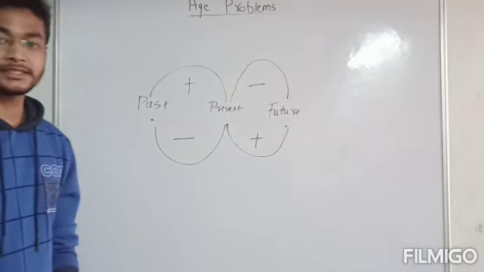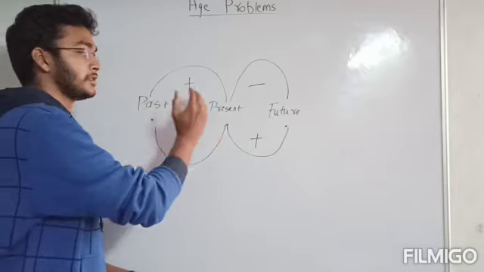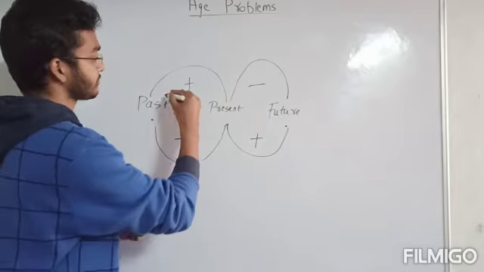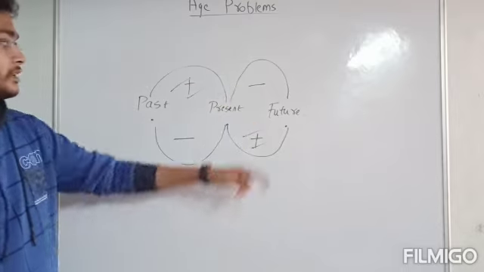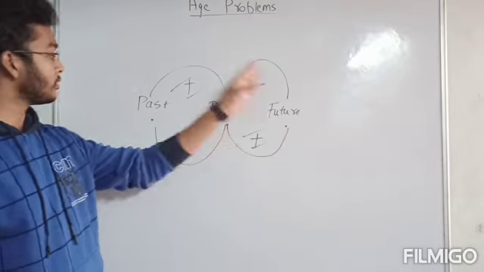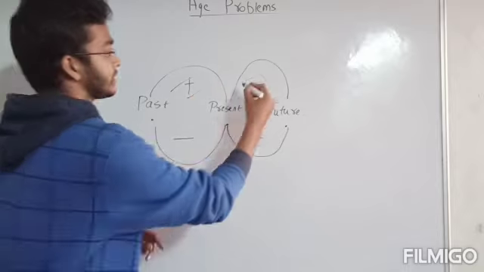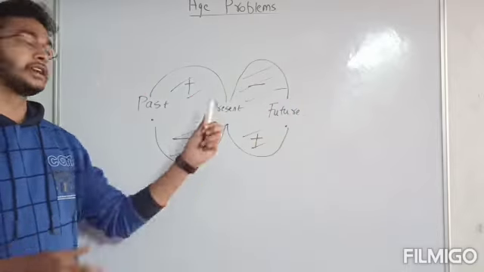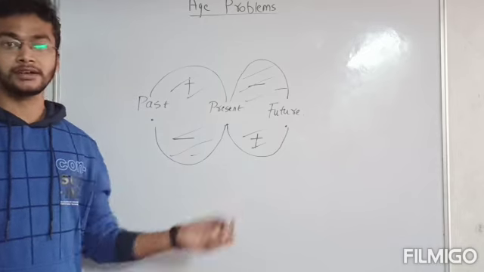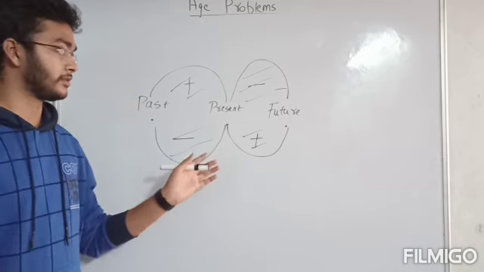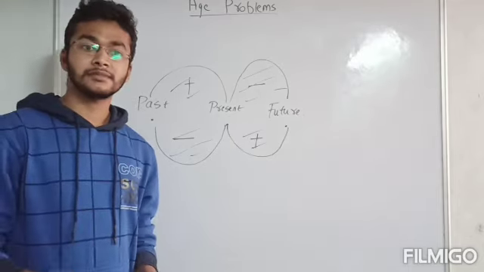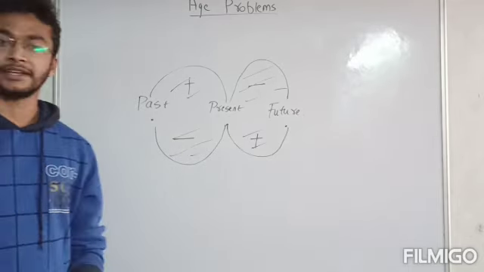A general trend in this is, if we move from past towards future, then the terms go on adding. If we move from future to the past, then the terms go on subtracting. Letting you know this trend is a very important technique or method that can be applied in every sum, and it makes the sum easier and gives a better understanding.